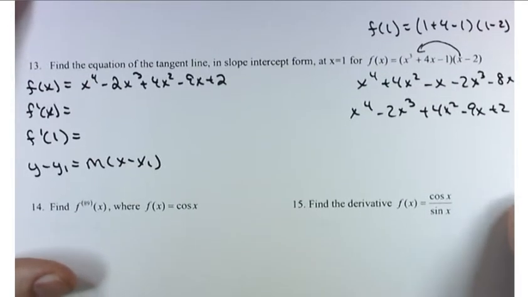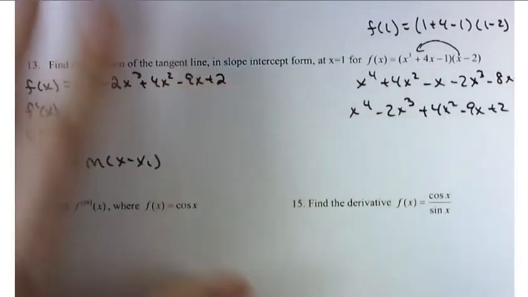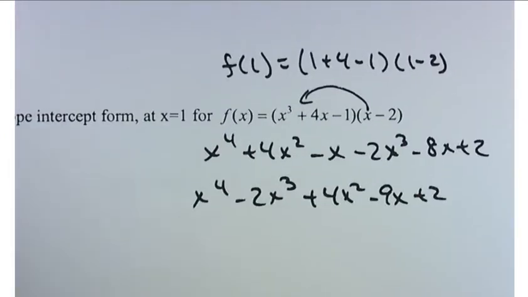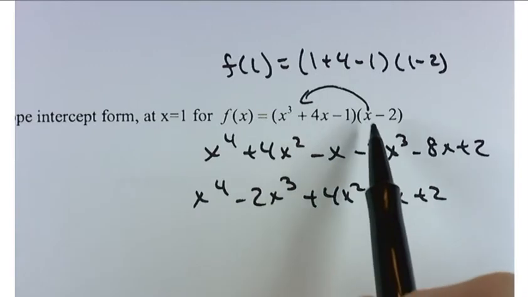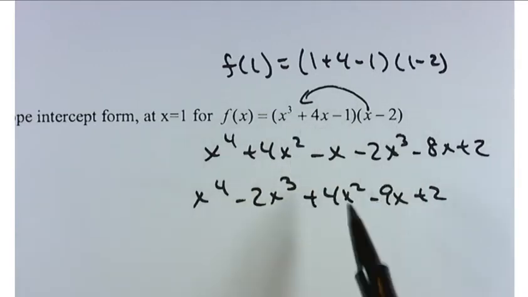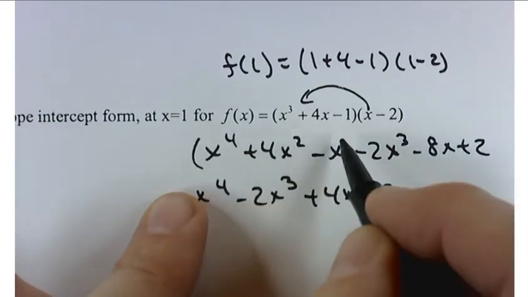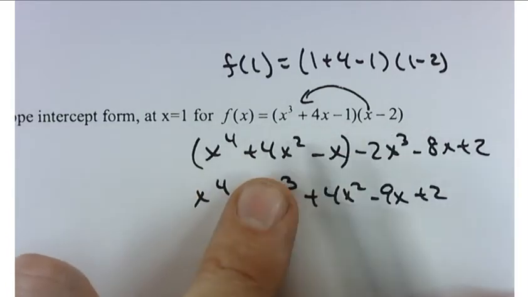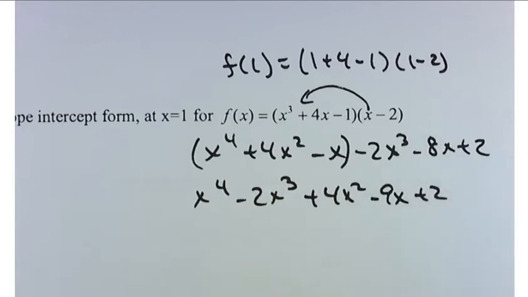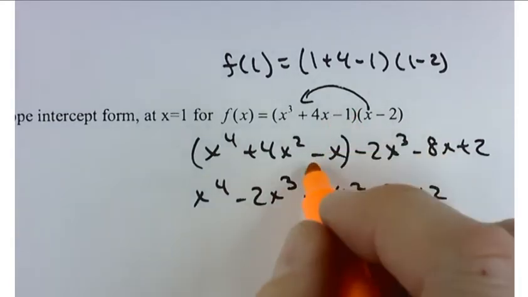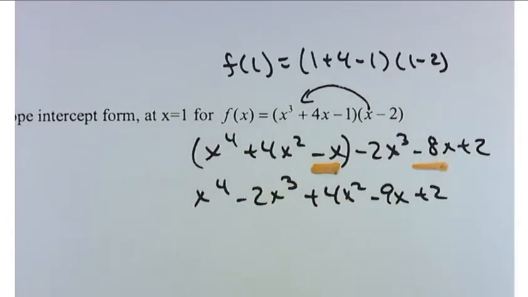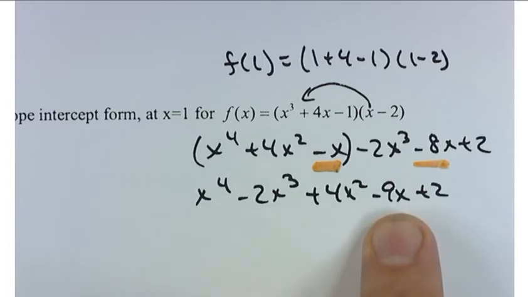One thing that I would do to start this, I mean, this isn't that bad of a problem, maybe you want to start by foiling this out. No, foil is actually not the right word because we're going to distribute first of all the x and then the negative 2. So distributing the x, I get these first 3 terms. Distributing the negative 2, I get the next 3 terms. And there's a little bit of like terms that we can combine. Negative x and negative 8x combine and give me negative 9x. So assuming that I did my calculations correctly, which is, you know, a big assumption,